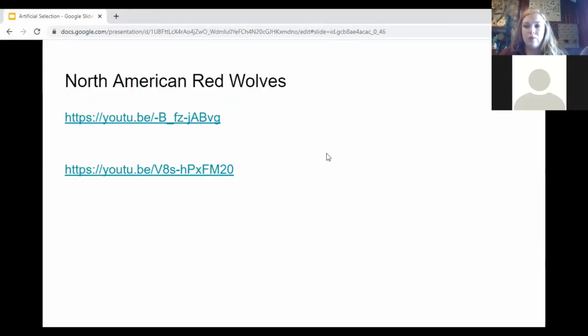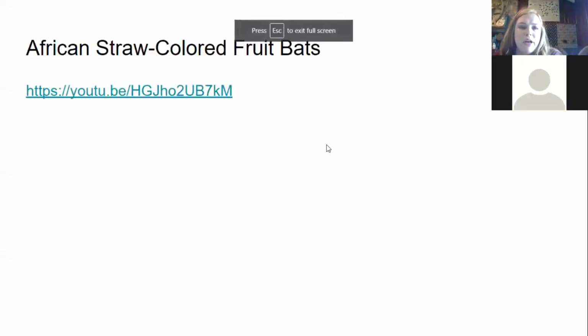So red wolves are also other animals that we have that are part of SSP because, again, they have very small numbers. Taylor did touch on some of the issues that they can have genetically without having a large genetic pool to choose from. We're going to look at some other animals here, and these are the African straw-colored fruit bats, and they are adorable. But I do want to talk about